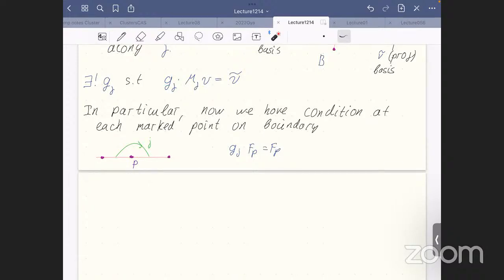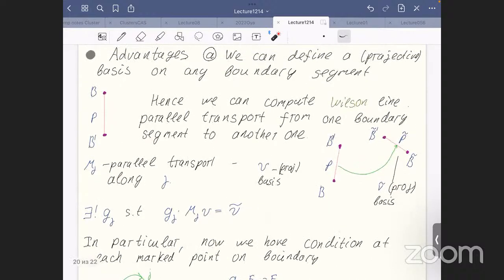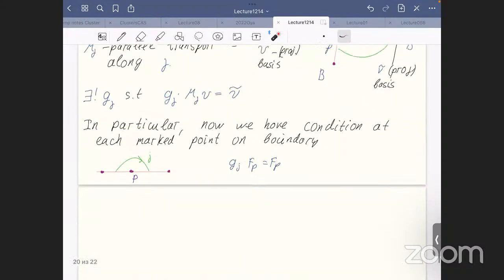Okay. This is one of the advantages. Now we can treat boundary mark points and punctures in a more similar way. We have conditions of invariance of the flag everywhere. And another advantage,